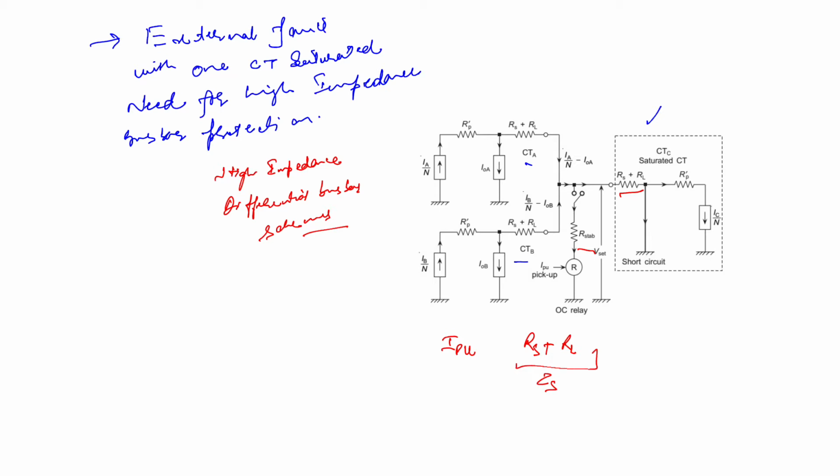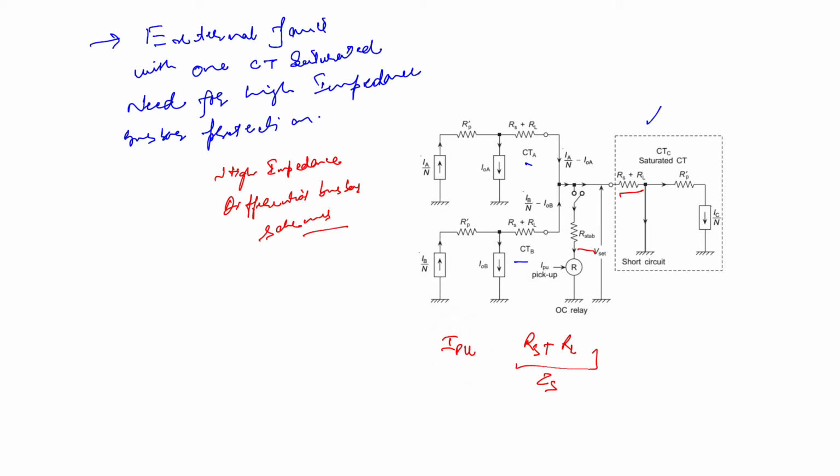Now the procedure is followed to find this current. First we consider that this overcurrent relay is not connected to the system, and the voltage that will be developed across it, let it be V set. The stabilizing resistance should be of such a value that with the relay connected, the current through the relay should be less than the pickup value of the relay, that is I per unit.